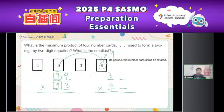Will you use the 9? No, you will definitely not use 9. Neither of them will use 9. We will put 2, 6 here. So finally, when you multiply them together, the greatest one you can get is